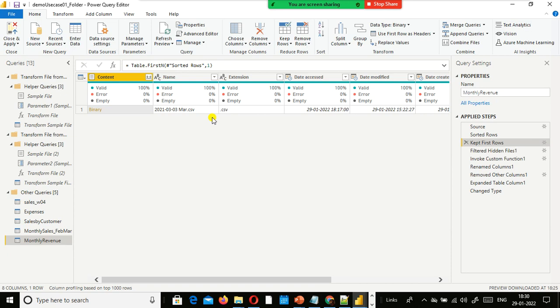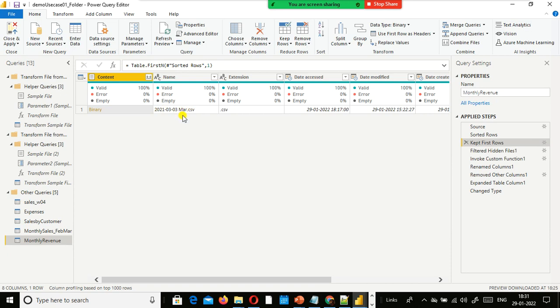So we see two things. One is merging all the files. Here we wanted to display the recent one. The visual should display the recent month's data in it. That's all. Automatically it should happen. That is what we are able to achieve with this. But whatever transformation, for example, in the past month you converted the text data type to a date data type, right? The same thing will get applied to this one also.